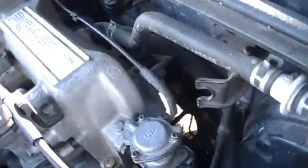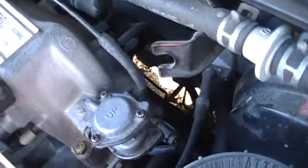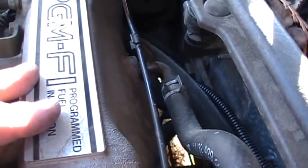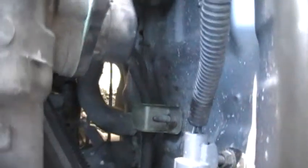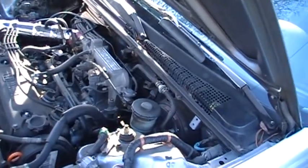Let's see, yeah, you probably can't see it. I'm not even sure how I'm going to get these out. I can't even get my arm in there. But right behind your intake, way back there against the firewall is those two. Oh, here you can maybe see it through there. You got those radiator hose clamps that we got to get off. Gonna do that later on because I don't need to do that till I actually take the heater